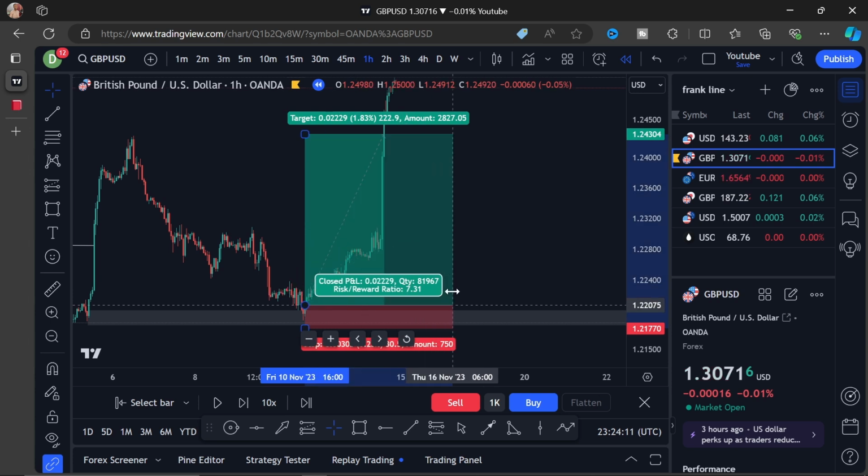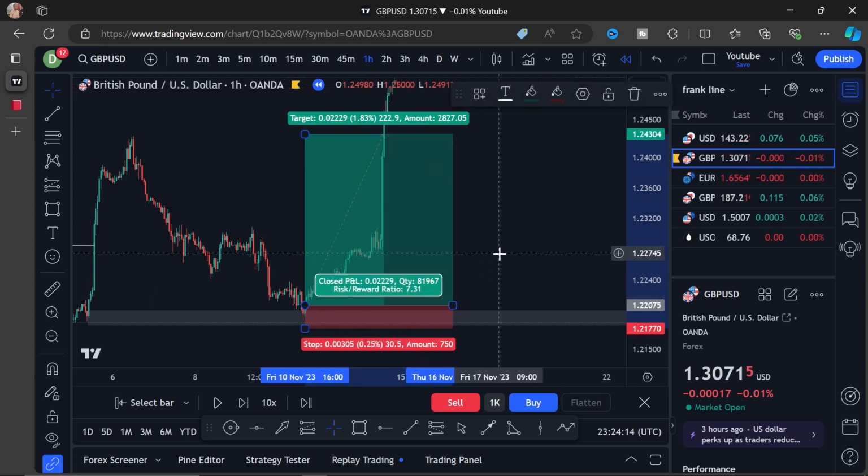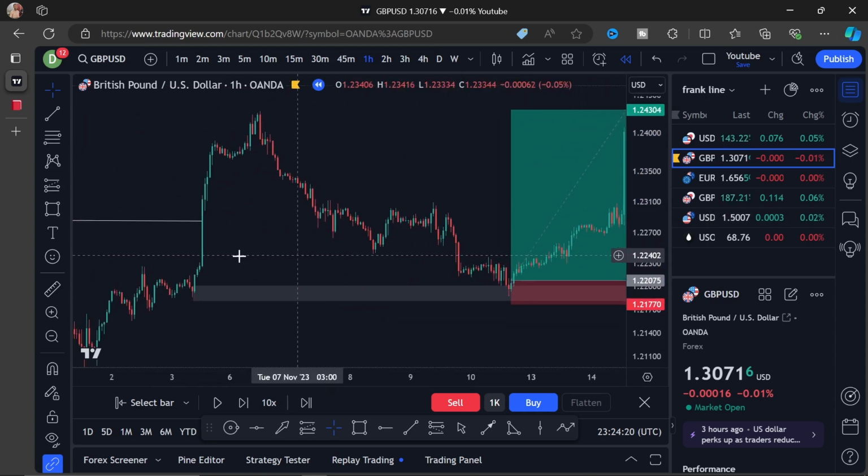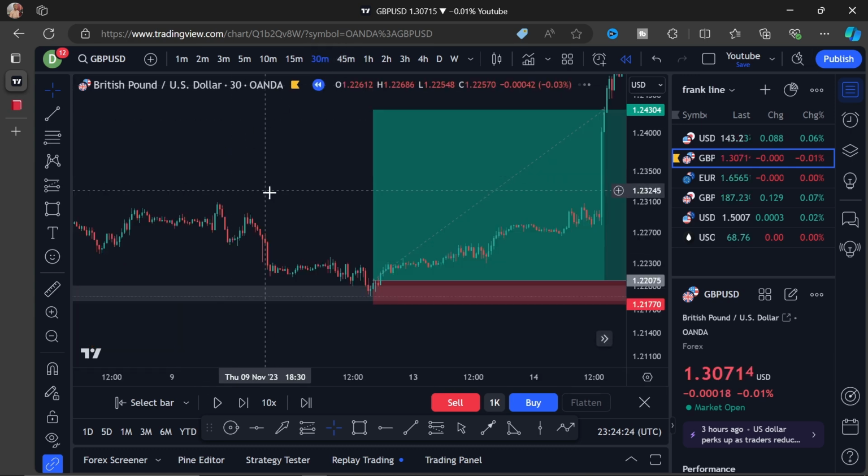You see, we got a solid 1:7. This is simply how I do it. Now I always consider the momentum in which the market gets there. For those of you who will be asking, where is the liquidity in this market? Well, for this particular market, remember I told you earlier on that the 30-minute time frame is part of what